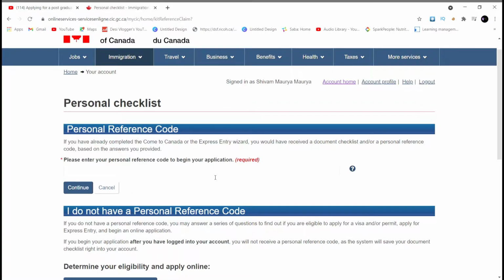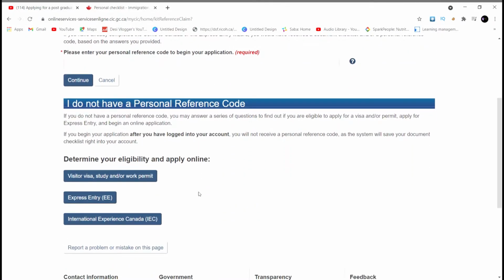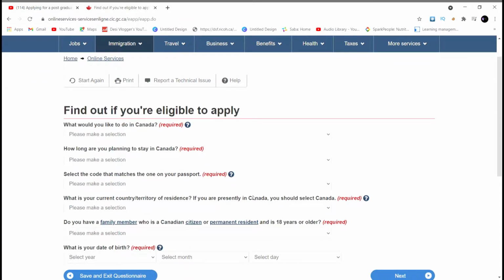They will ask for a reference code. We don't have any reference code, and we want to apply for a work permit, so we will click on this link. Then we need to answer some questions. Number one: what would you like to do in Canada? I would like to work. After that, I click on temporary, more than 6 months, as we are planning to take our work permit for more than 6 months.